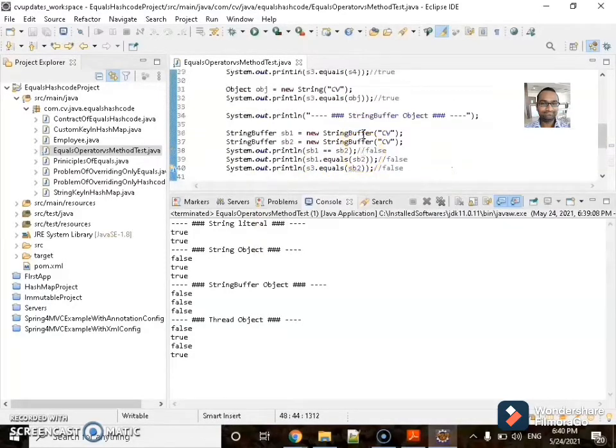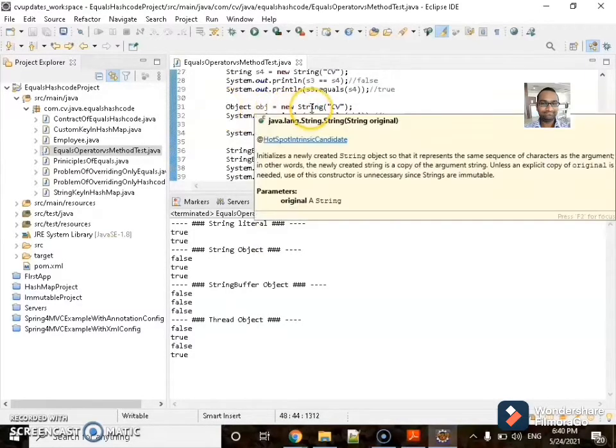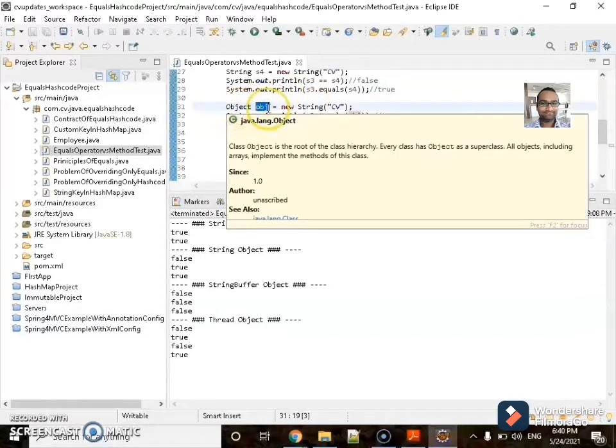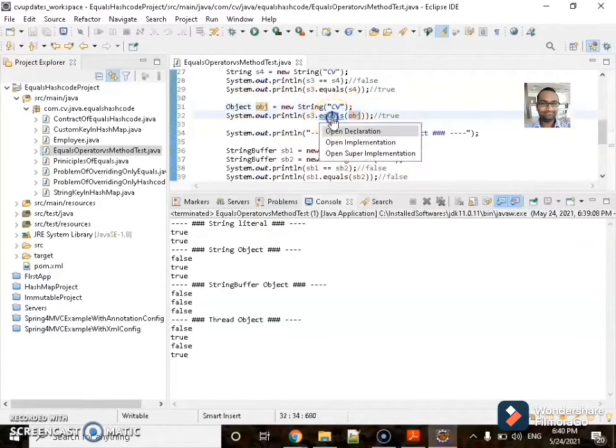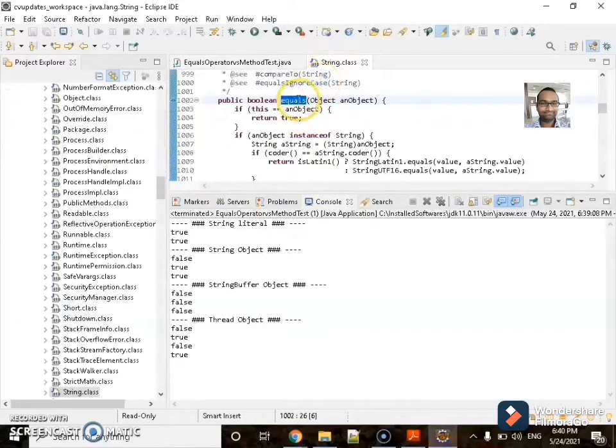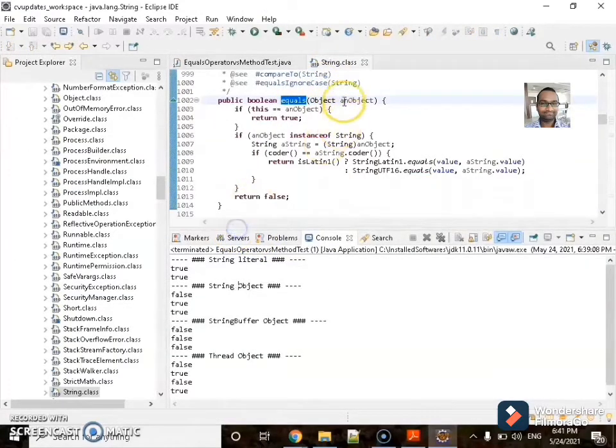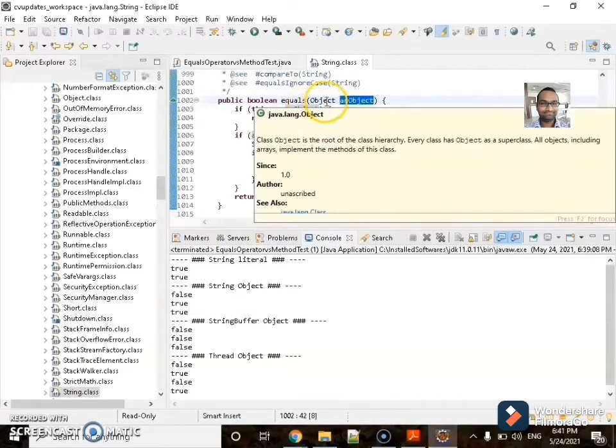So if I take this 31st line, I am passing the object to the string. So let's go to the string equals method. I am trying to explore something on the internals of the string equals method, which is taking the object.